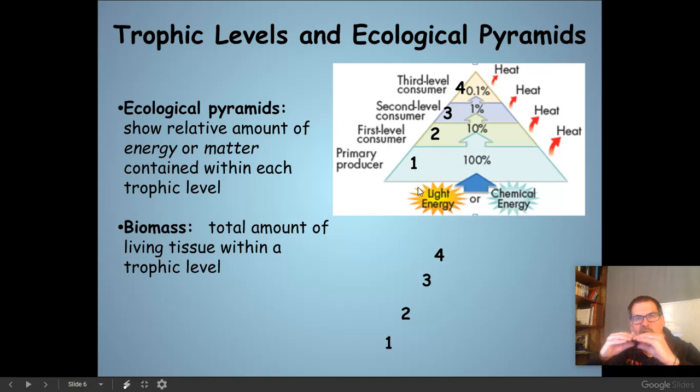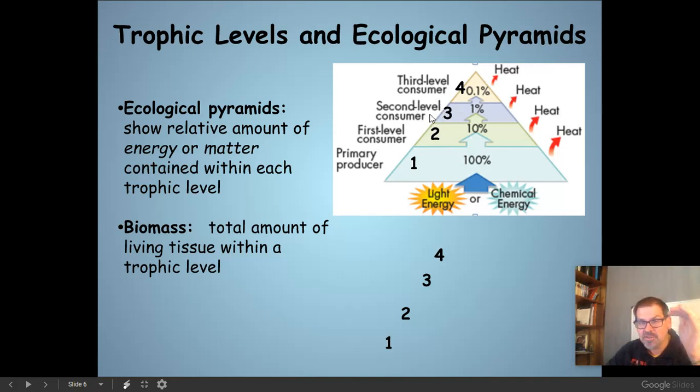So that energy is 100%. So 100% of our calories, say all the plants in a field, or every single plant on your hunting land up north, for example. That's 100% of the energy. The first level consumers, the herbivores, they eat a bunch of that plant energy, but only 10% of that energy is now in the tissues of those organisms. That's available to the next level.